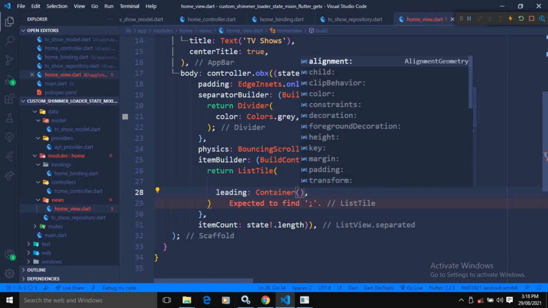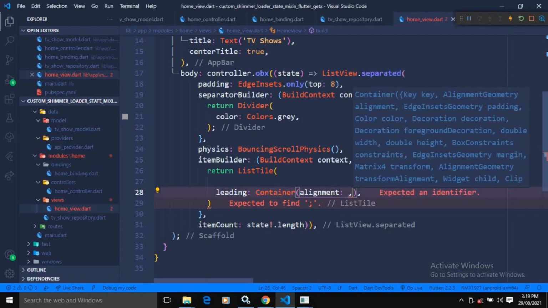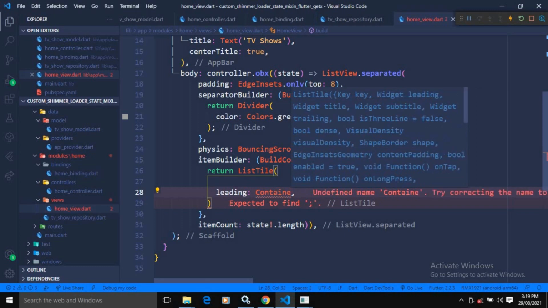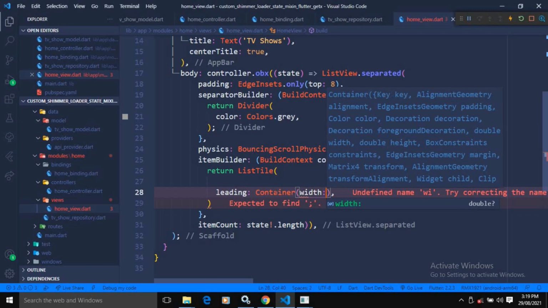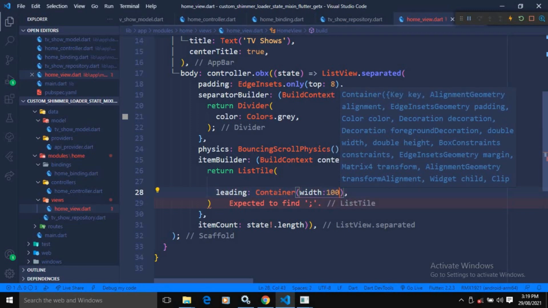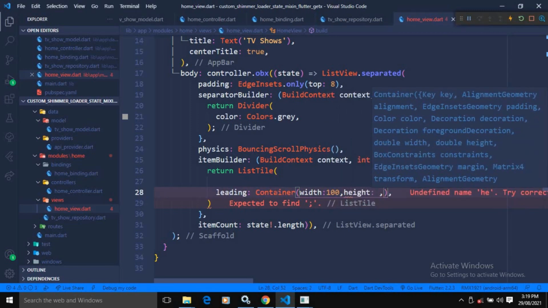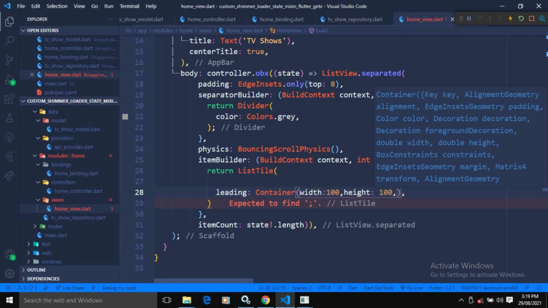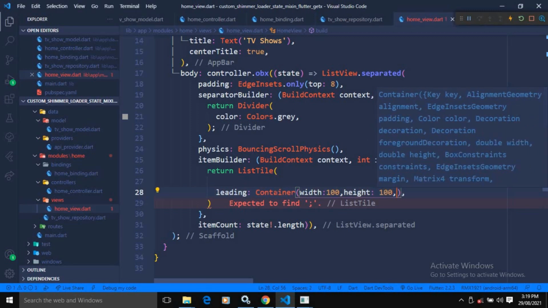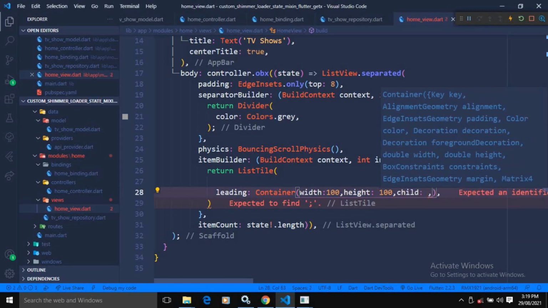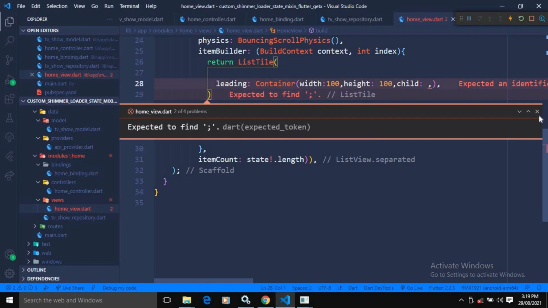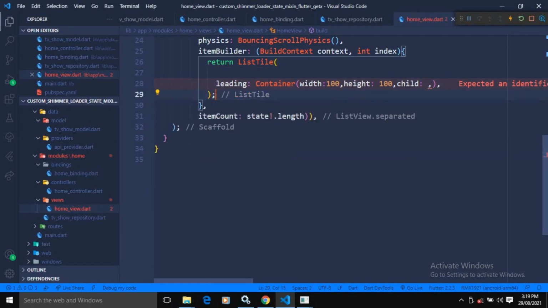Now in the Container I will use width as 100. I will use height as 100. And in the child here I will use